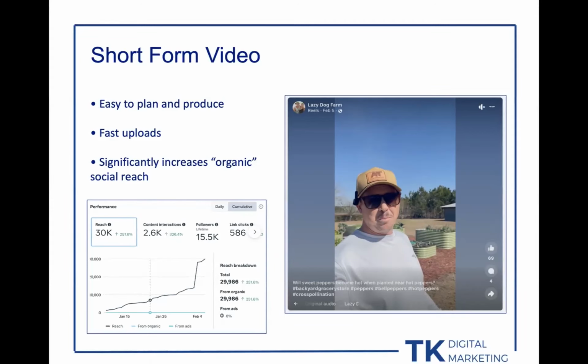So Facebook and other social media platforms, Facebook and Instagram particularly, will show these videos to more people than they will a single image post or a text post. Facebook wants these videos on their platform because they found that's what their users like. And so if you're posting short form video as opposed to image posts, more people are going to see the short form video. More people are also likely to share the short form video. So it's a win-win.